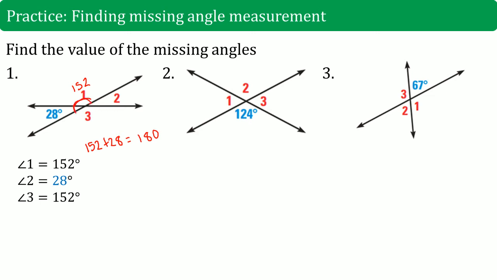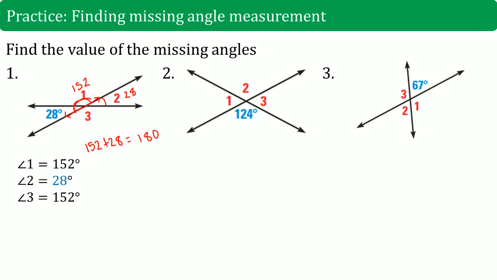Do you see how here it makes this line of 180 degrees? Angle 2 is 28 because vertical angles,